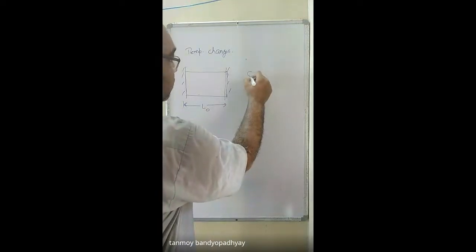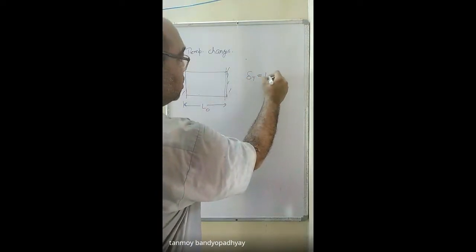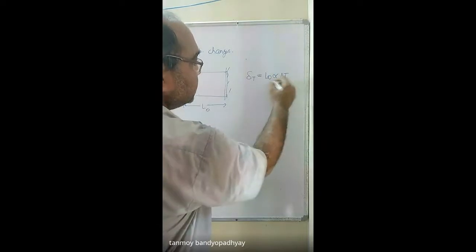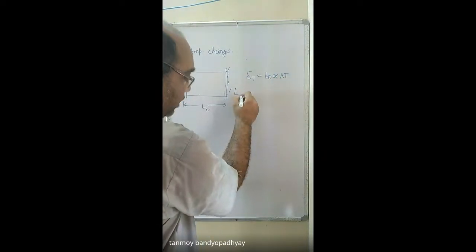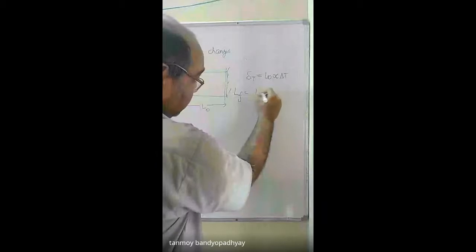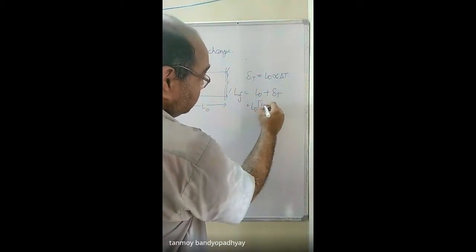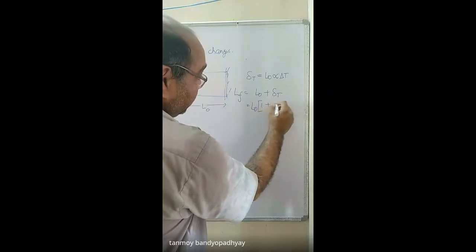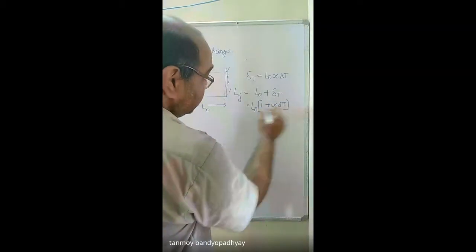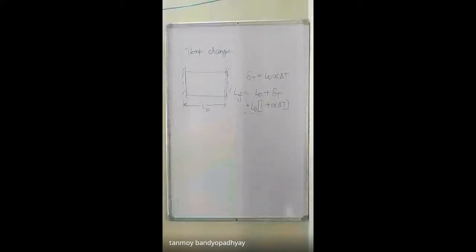So the expansion due to thermal effects, as we all know, is L0 alpha delta T. If you want to find out the final length, that will be equal to L0 plus delta L, so that should be equal to L0 into (1 plus alpha into delta T). This is the thing I hope you have studied, I will not explain it more. We will be starting with one problem. Alpha we call the coefficient of thermal expansion, okay?